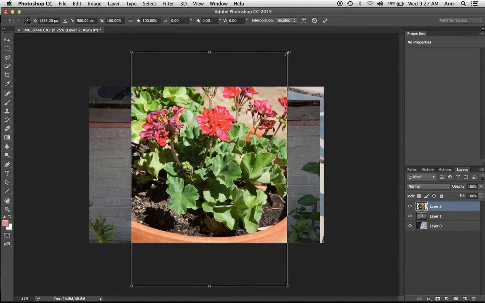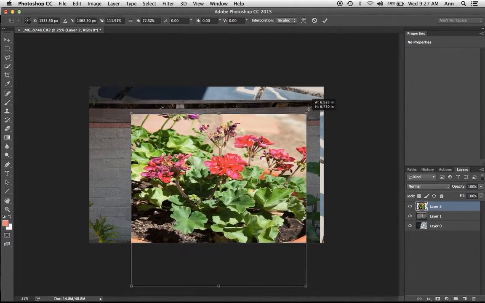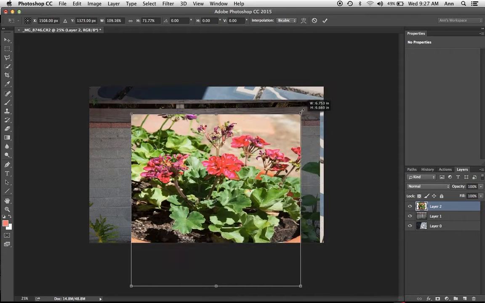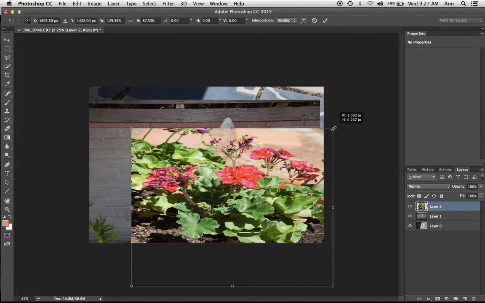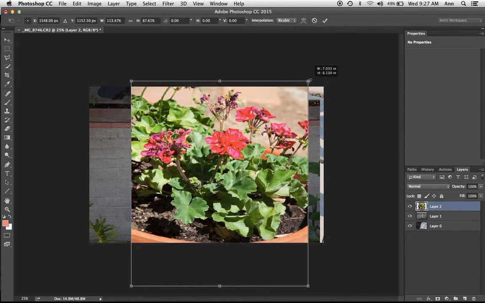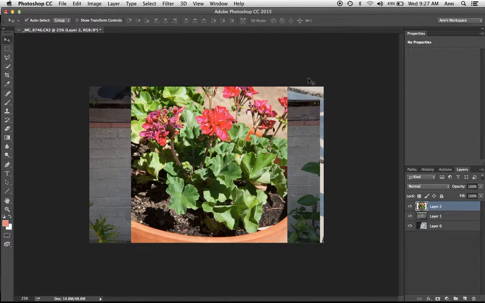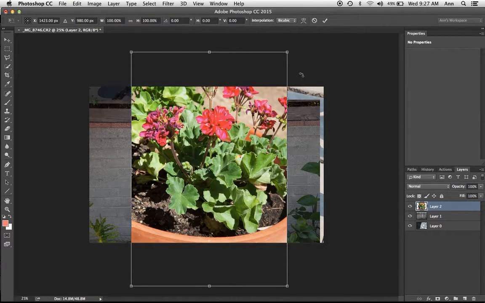If you don't hold down that Shift key, then what can happen is your image is going to look squished. And you can see in the video that it no longer has the right proportions. And that's a very hard one. Once you've done that, it's very hard to tell what's correct. So I'm going to hit Escape, Command T, and Escape gets you out of that transformation.